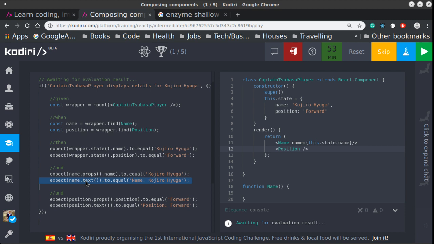I'll have the result. So does that mean I need some text in here between a name component? Kelly's shaking her head, which I'm very glad about. Thank you, Kelly. Where does it go? Inside the name component. Yeah, because name is the name component. And then we need some text. So it doesn't really matter what I put it inside, but